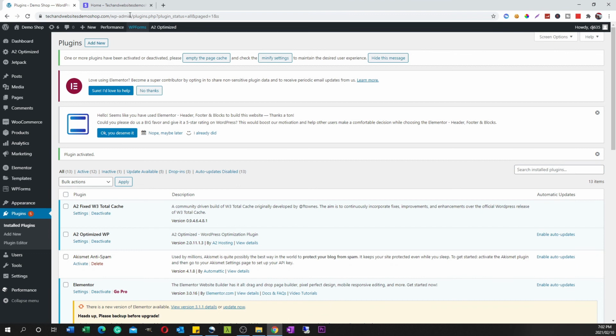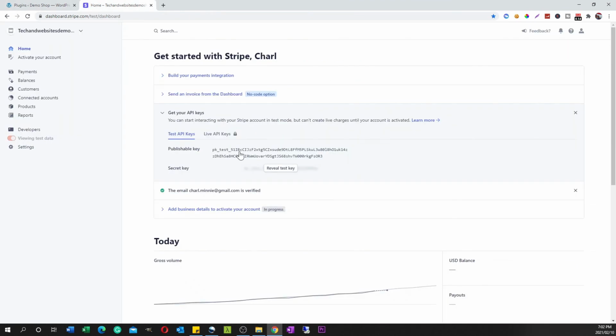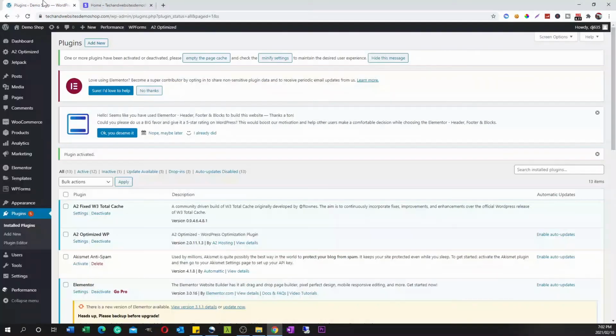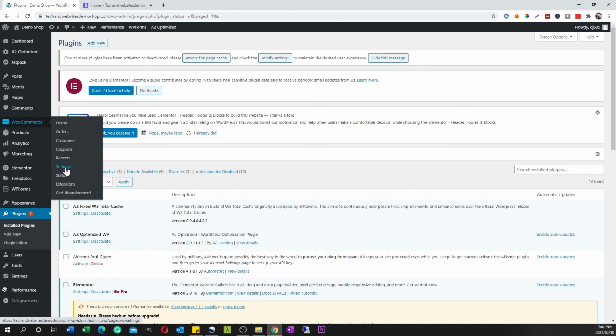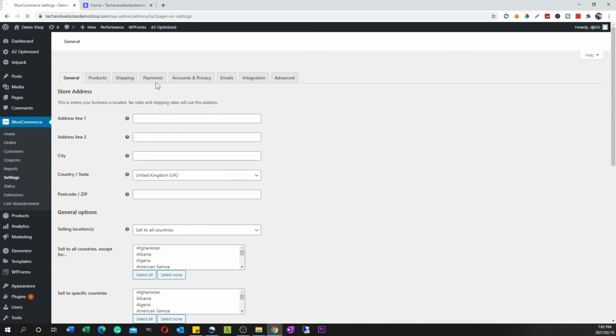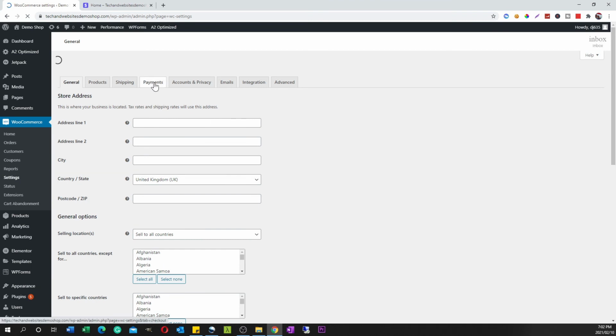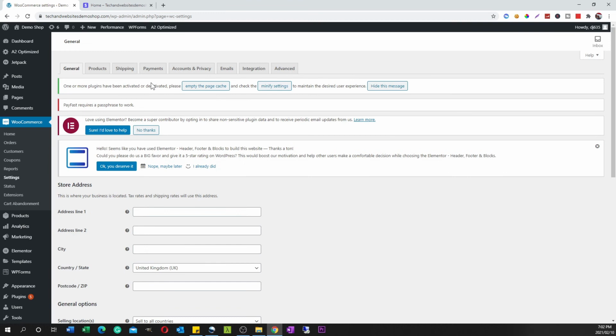So let's go ahead and take our publishable key. You just need to click once to copy and you'll see it's copied. Please remember, please get it from your live API keys rather when your business account is activated. Go back to WooCommerce, go to WooCommerce, Settings, and under the Settings tab, you're going to make your way over to the Payments tab. And this is where we're going to have all our different payments that users on our website can actually make payments through. Select Payments,